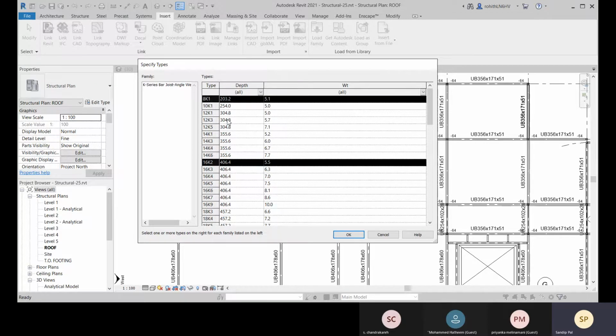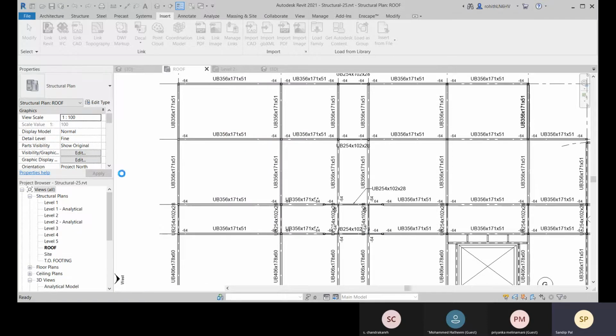Among all these types, I need just these two types, so I'm just selecting these two, and let's click on OK, and they are loaded right now.